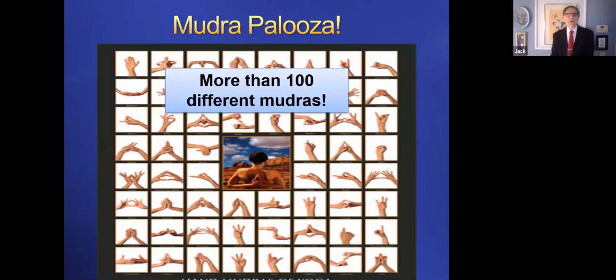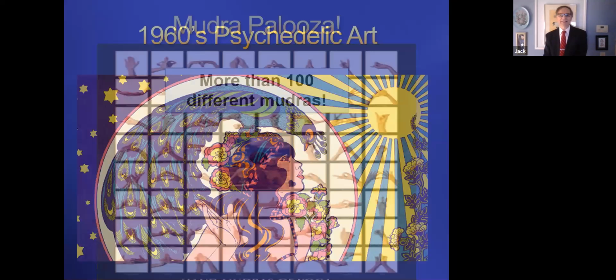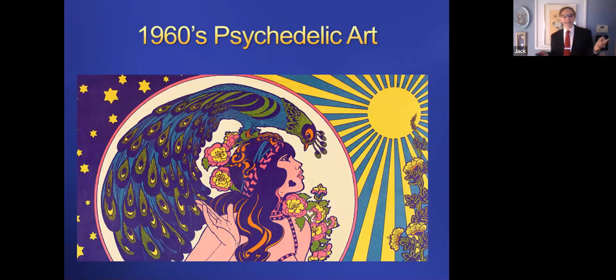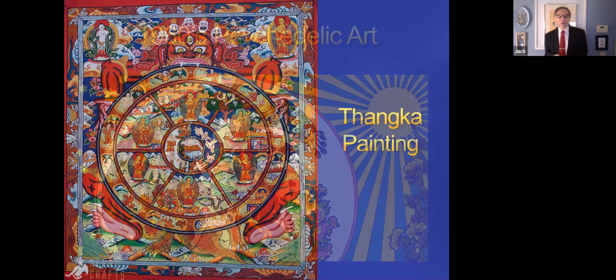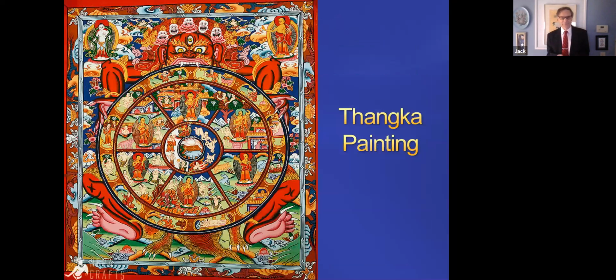Well, let's look at another element of Buddhist art. You can remember back in the 60s, there were people like Peter Max, and he would do these kind of psychedelic paintings, right? Well, the Buddhists were way ahead of Peter Max. Centuries and centuries ahead of him, 1,000 years ahead of him, they were generating their own kind of psychedelic paintings. And they were called Thanga. They were generally done on silk or some type of textile, and they were pretty wild affairs.